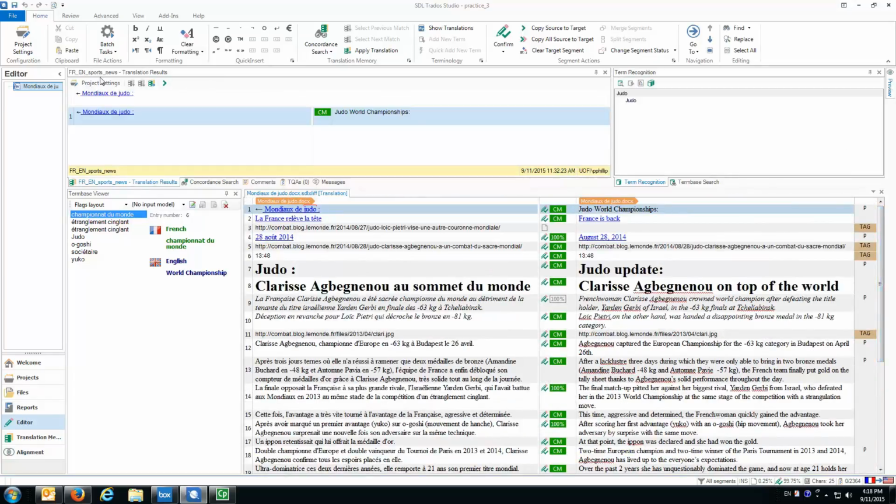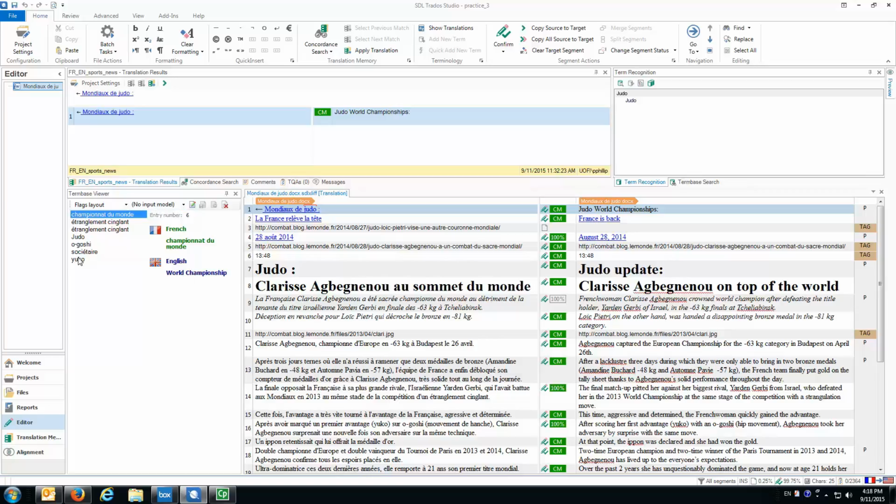I have up here a translation memory that has been updated due to the translation, and I also have a term base open. I have term base viewer open over here, so you can see that I have several terms